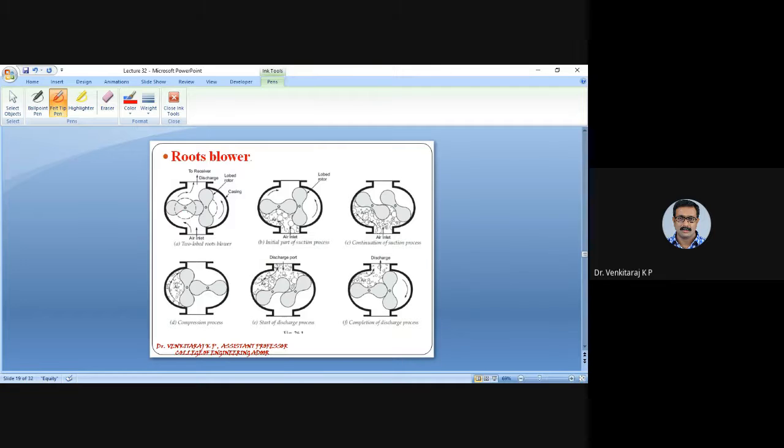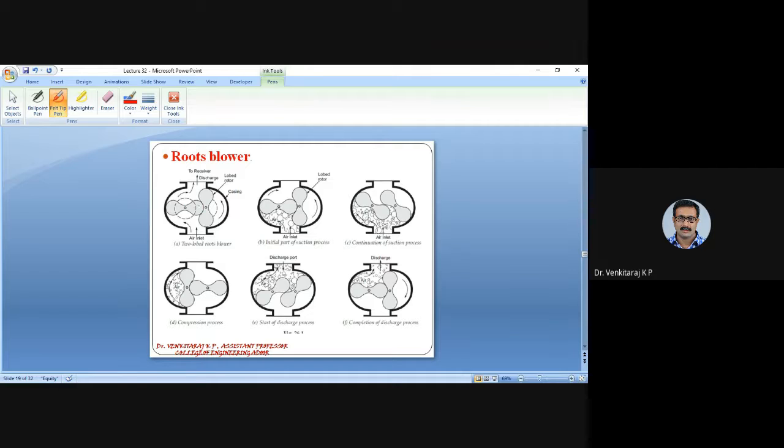So this is the schematic diagram that represents the construction as well as the working of a roots blower. So in the roots blower you can see there are two lobes. So these are called lobes, double shaped rotating elements. So normally 2 or 3 lobes will be fixed. The blower will be having 2 or 3. So the diagram what you see now is having only 2 lobes. So you can see these are the 2 rotating elements.